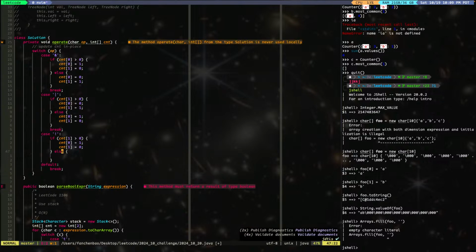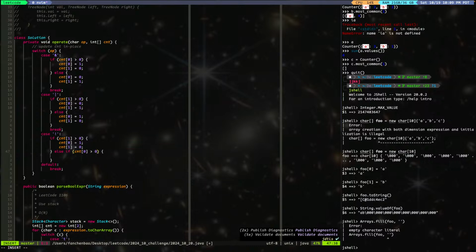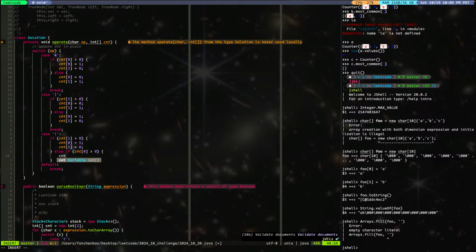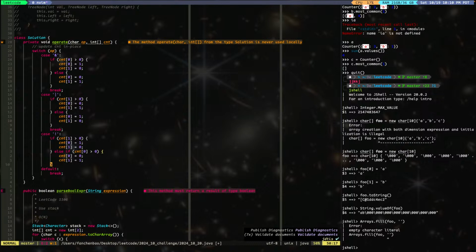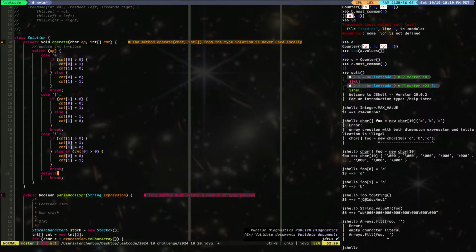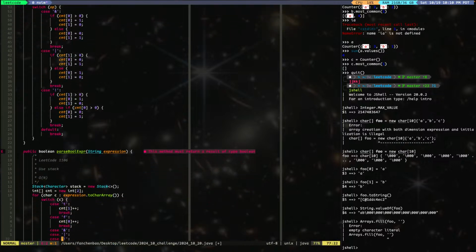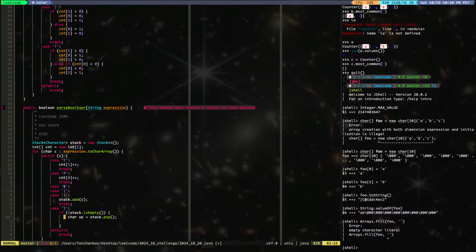So else if count 0 larger than 0, 0 is equal to 0, 1 is equal to 1. Okay, we'll update this and then this will break. So it's a void. Okay, I can do immediately, we will say